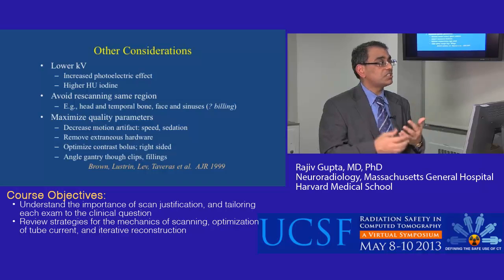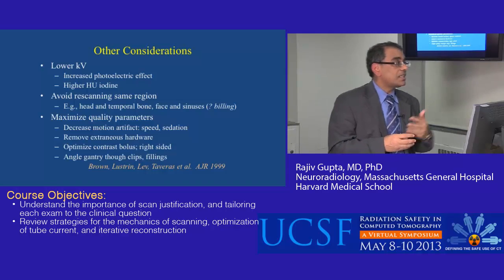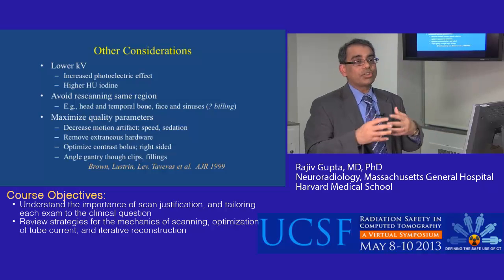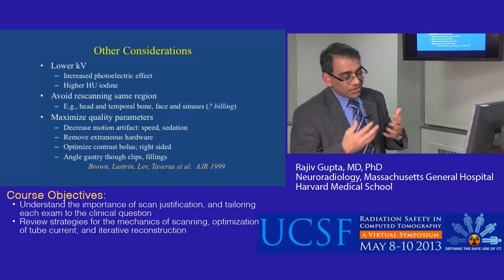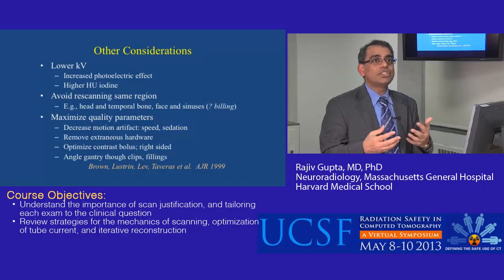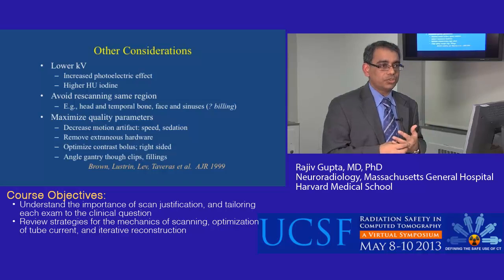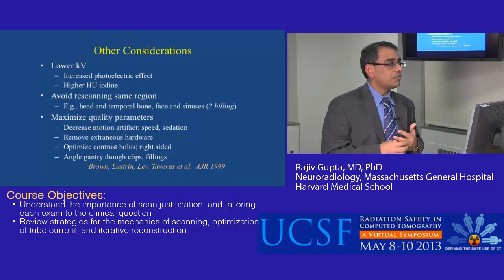Okay, so it's a nonlinear change, and the KV also has an effect on the overall contrast that you see within the image. Okay, so realizing this, there are some newer scanners that now can advise you on what is the right value of KV to use. It's called auto KV, and we should use that